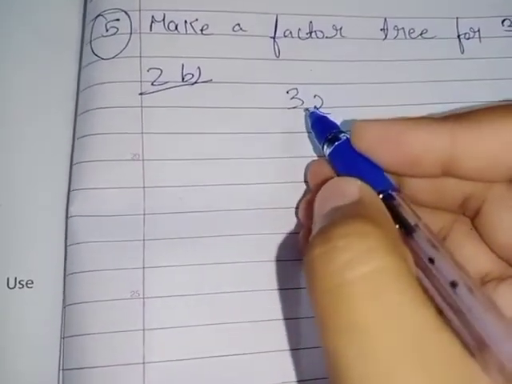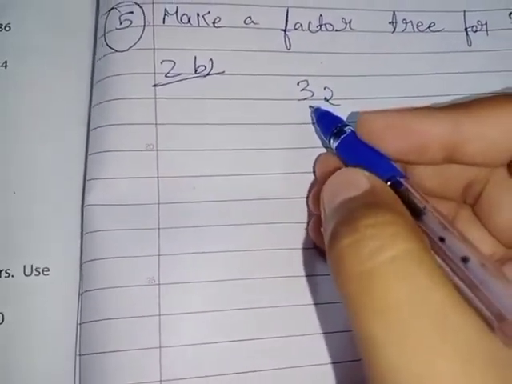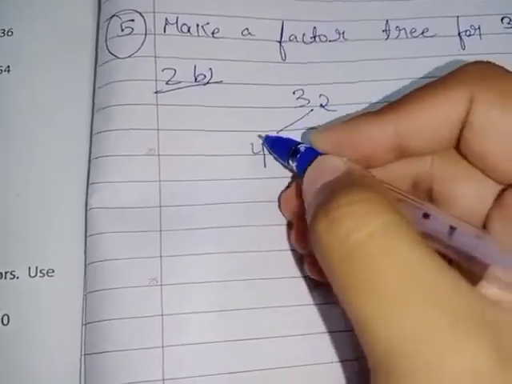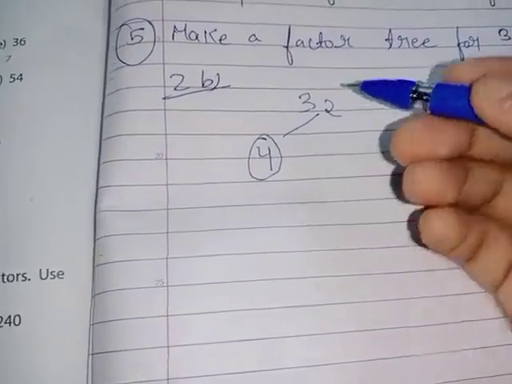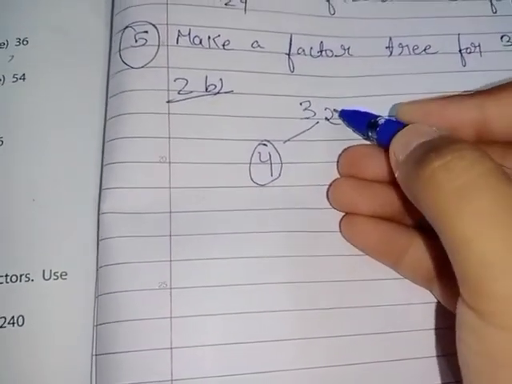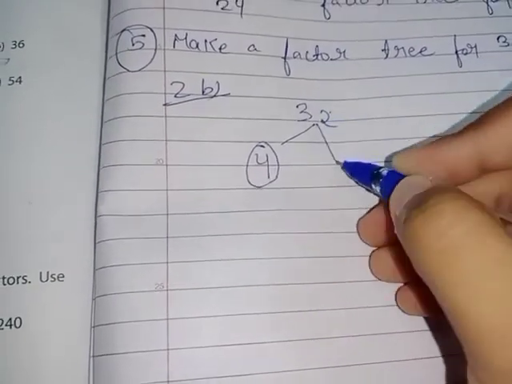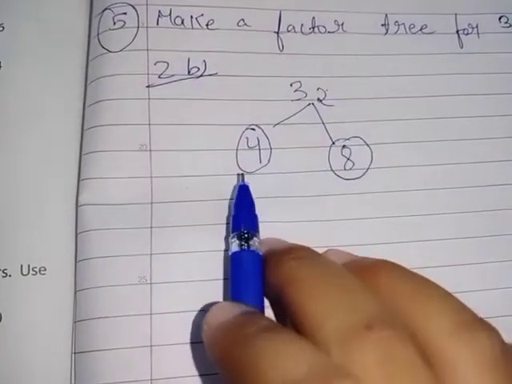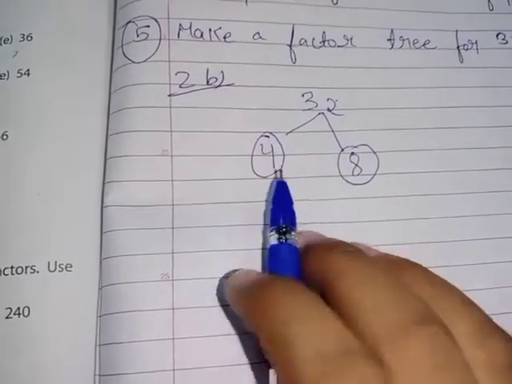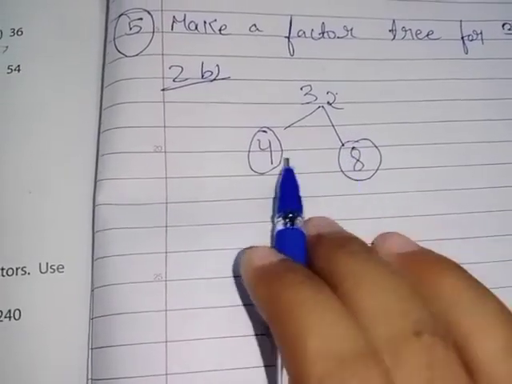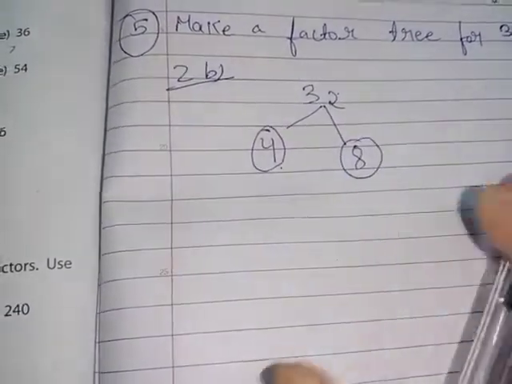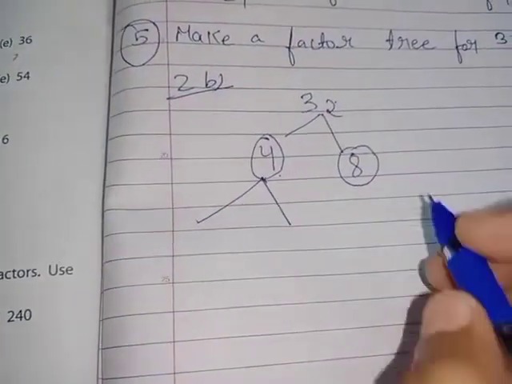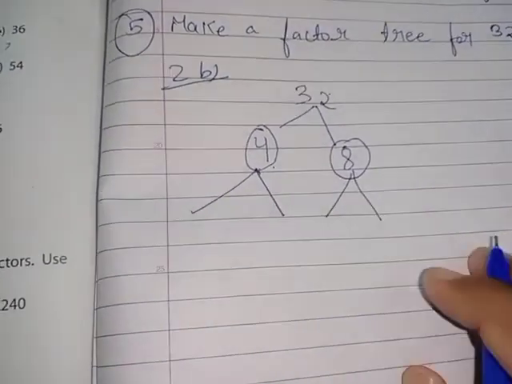First of all, we have to see that 32 will come in which table? 32 will come in the table of 4. We'll make a line and write here 4. Then, in the table of 4, 32 will come how many times? In the table of 4, 32 comes 8 times, so we'll write here 8. Then, we have a number 4 and a number 8. Both these numbers come in different tables. So for this 4 we will make factors like this, and for 8 also we will make like this.